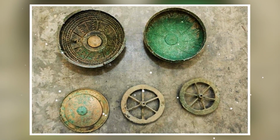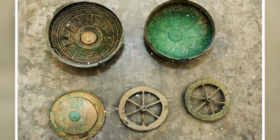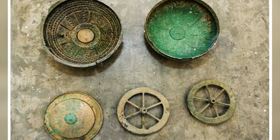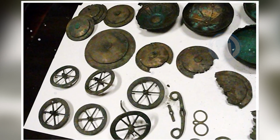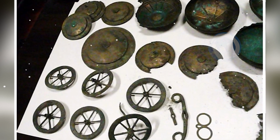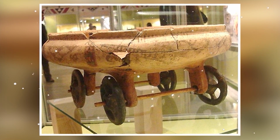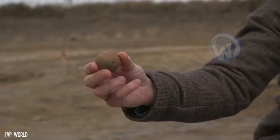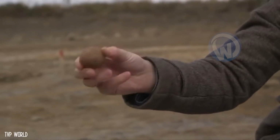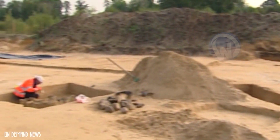These discoveries would be old, approximately 700 to 1100 years BC, and a great part had religious meanings. Among the objects found were 5 bronze vessels, 6 wheels, and 6 elements belonging to a miniature chariot or wagon, in addition to 24 buttons and fragments of the vessel in which they were found. According to the investigators, these rare objects seem to have been hidden in a hurry in the hope of recovering them later. But they do not have, however, more information to reveal to the archaeologists,